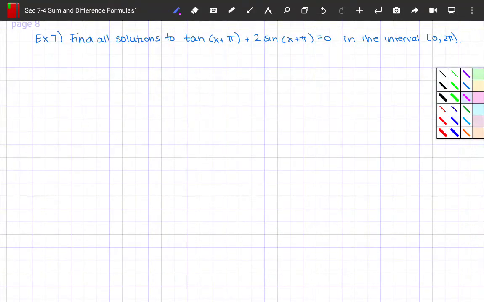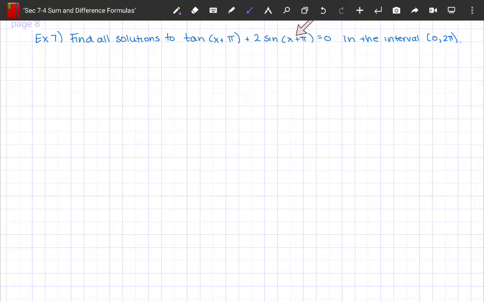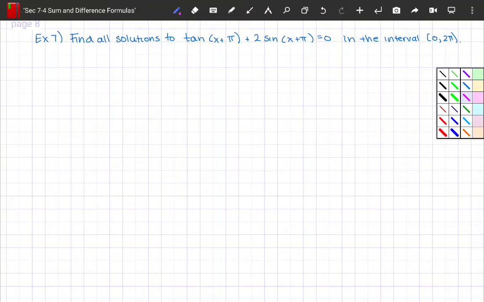Oh, it's a solving equations one. Yay! Oh my goodness, but what are we going to do? Well, the thing I notice is it looks like sum and difference formulas here. So let's start off with the original. Here's the original equation. I'm just going to go ahead and expand this using the sum and difference formulas, and let's see what happens. So we get